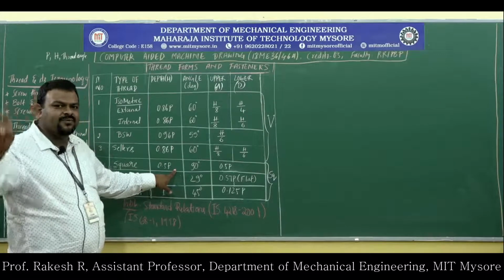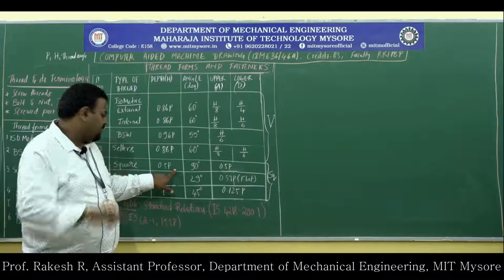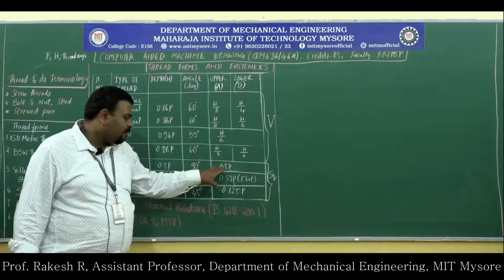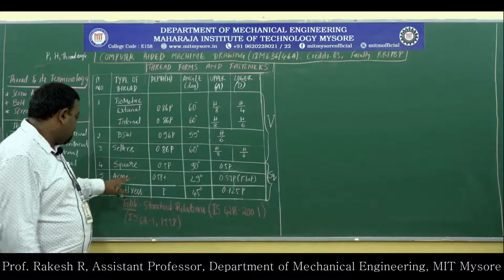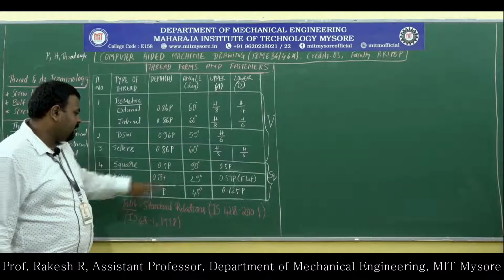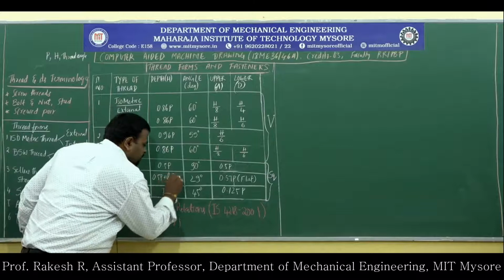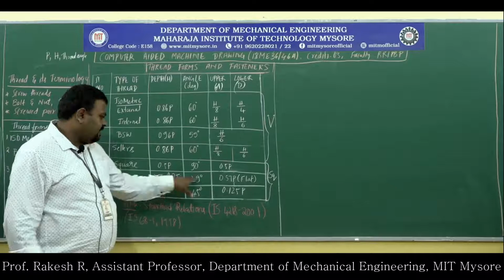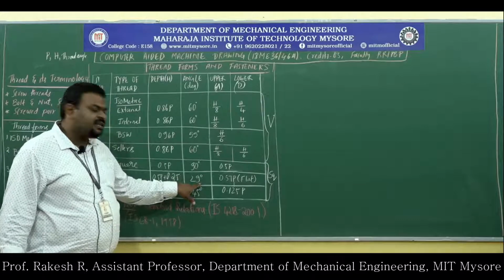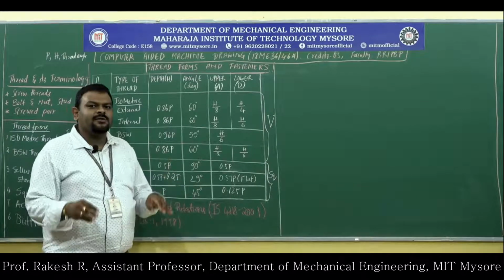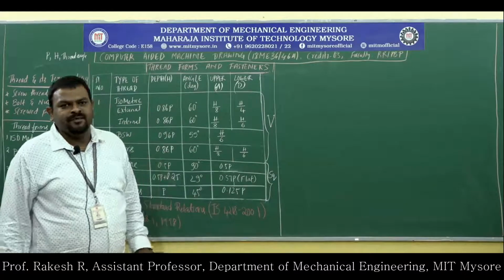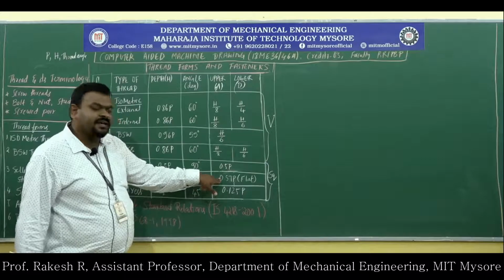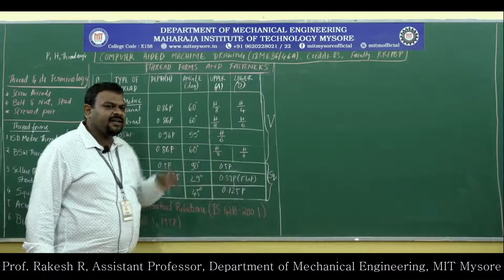It is just like drawing a square: 90 degrees and 0.5 p. Again, Acme thread is 0.5 p plus 0.25, that is the correlation. Some clearance will be given, and 29 degrees is the included angle. So it looks like a trapezium, not exactly a square. Then 0.37 p is the flat dimension.